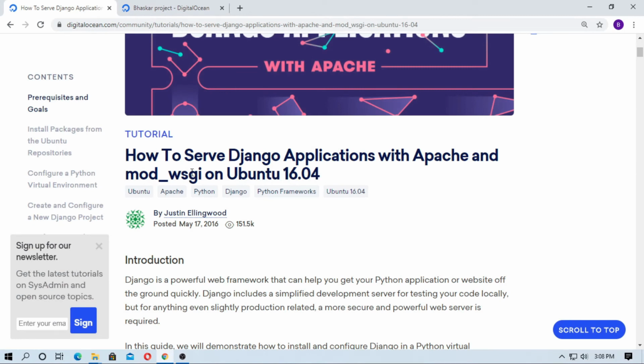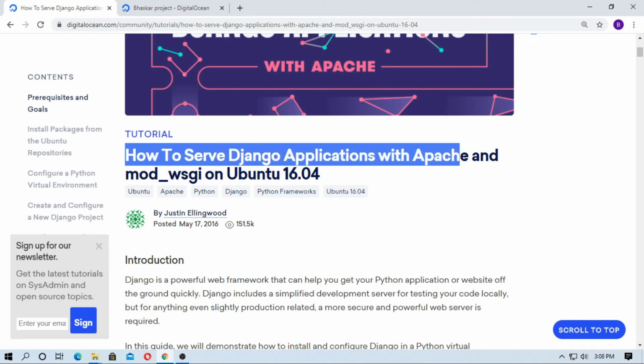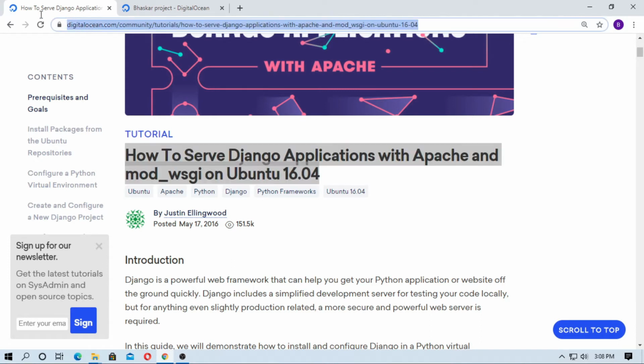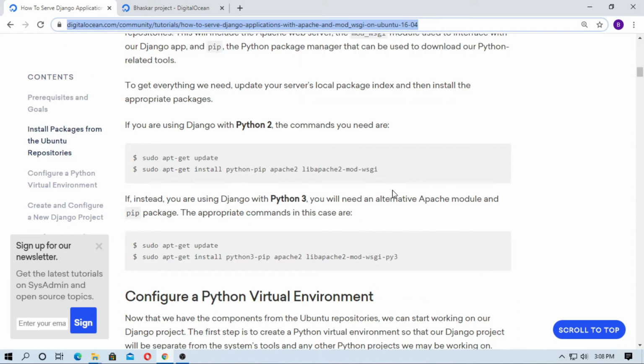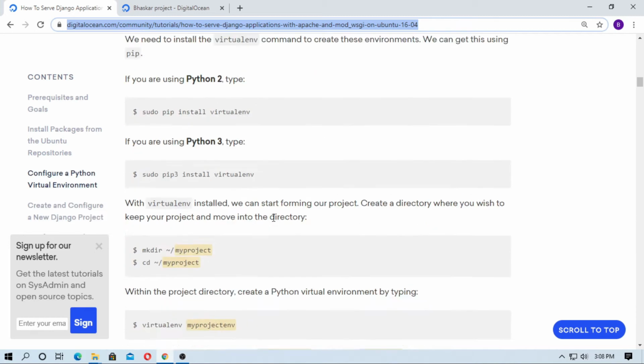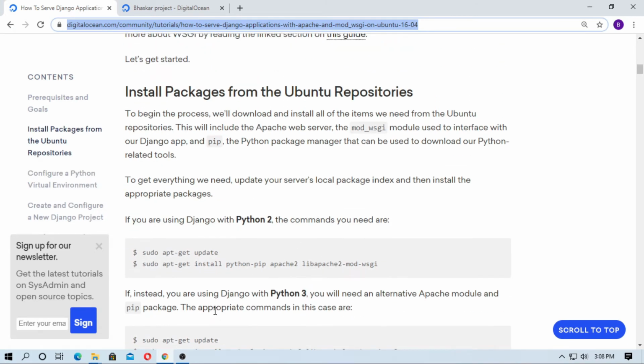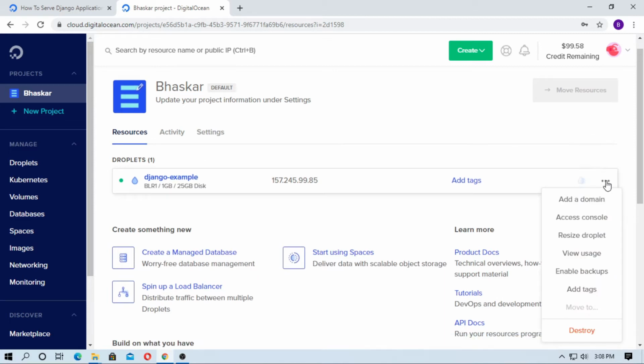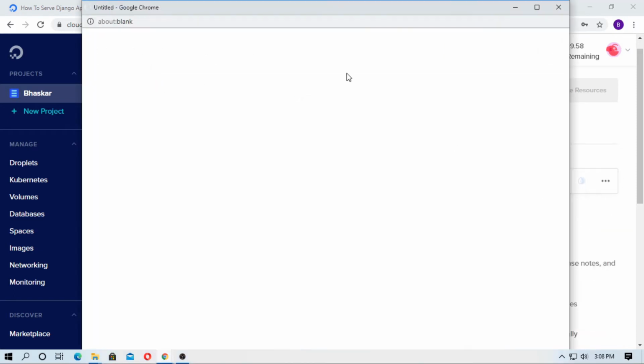So just go to the DigitalOcean documentation on how to serve a Django application with Apache mod_wsgi on Ubuntu. I put this link in the description, just check it. Now you have to follow these steps. I just simplify all these steps, so watch this video carefully and you will learn a lot more. Our droplet has been successfully created. So this is our IP address,